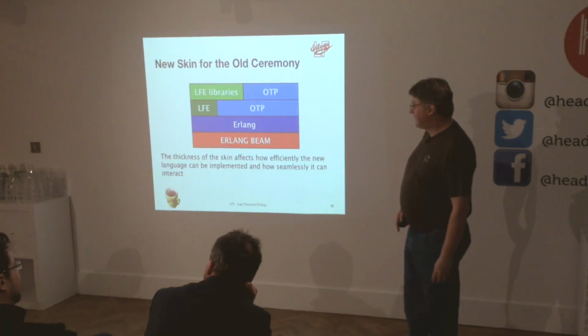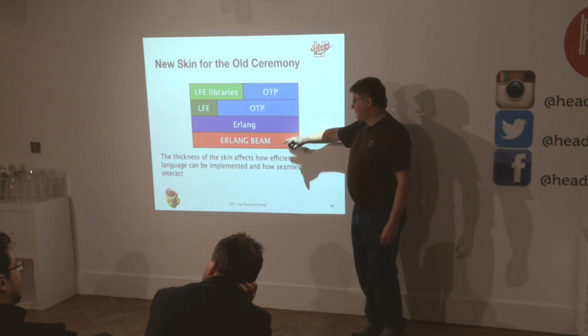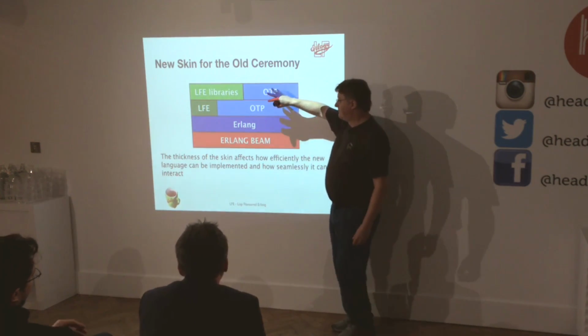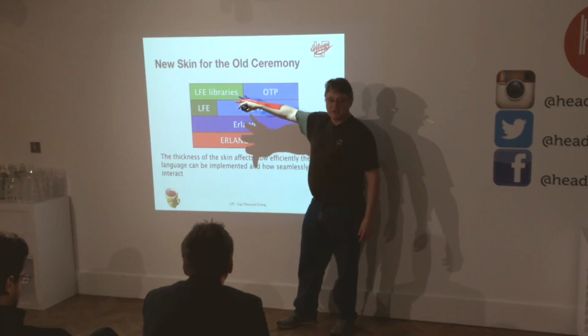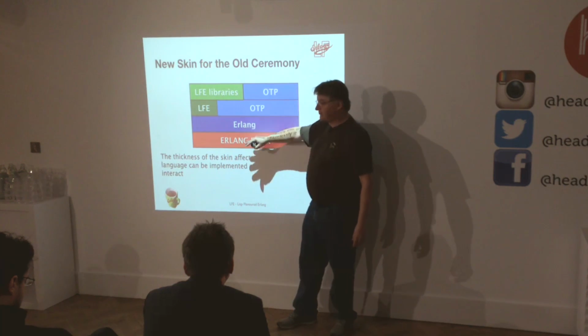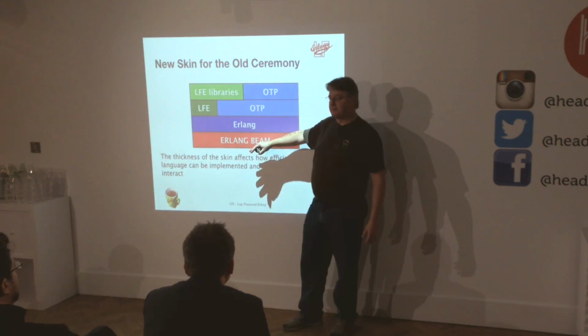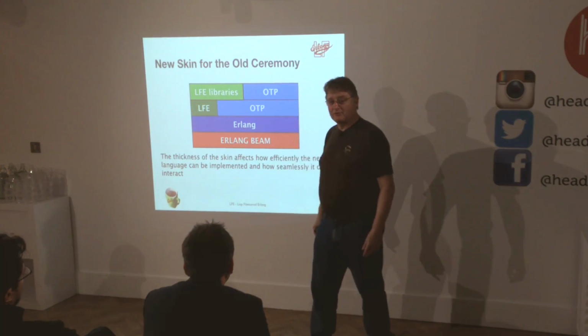The thing is, so how does this work? Well, we've got the Erlang system, we've got the Erlang virtual machine, the languages, all the OTP libraries, and what we do is we put LFE and its libraries as a skin on top of it, which allows us to put things in, change things and add things we want, but we've got access to all these things as well. So we use all of OTP, of course. It's there. It'd be stupid to rewrite it. It's an awful lot of code there. It'd be stupid to rewrite it.